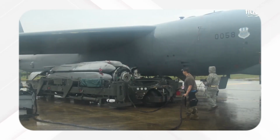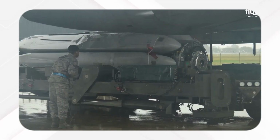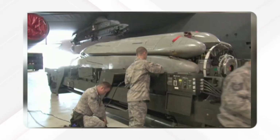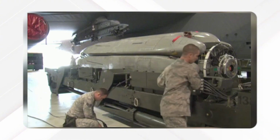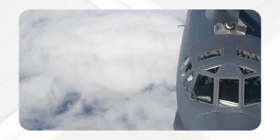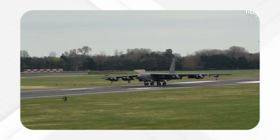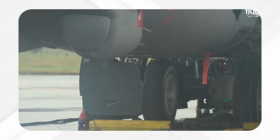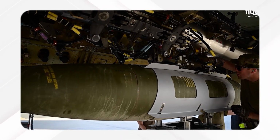The CSRL can carry a range of missiles, bombs, and smart munitions, and it allows the aircrew to quickly switch between different weapon types during a mission. This capability is invaluable in modern warfare, where the ability to adapt to rapidly changing situations can mean the difference between success and failure. Loading the CSRL is a time-consuming process, taking up to 11 hours to fully load the